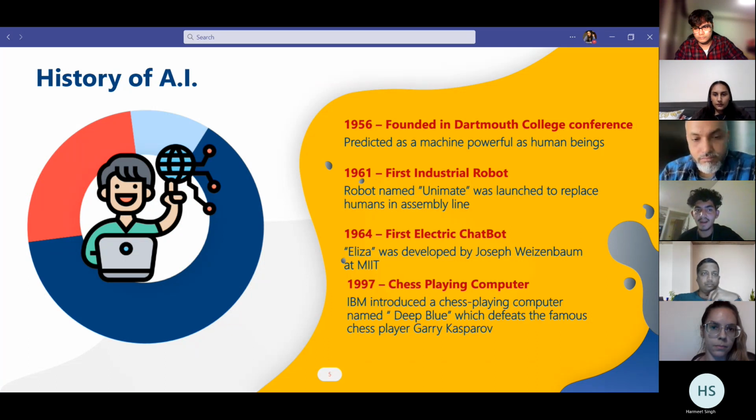Hi, my name is Rishminder, and I would like to talk about the history of AI. So basically, AI was founded at Dartmouth College in 1956. At that time, people used to call AI a powerful computer like human beings. As time passed, AI has changed a lot. And a couple of years later, the first industrial robot was introduced, named Unimate,